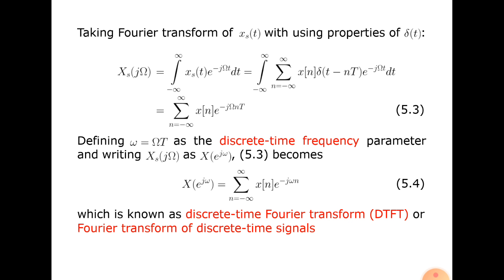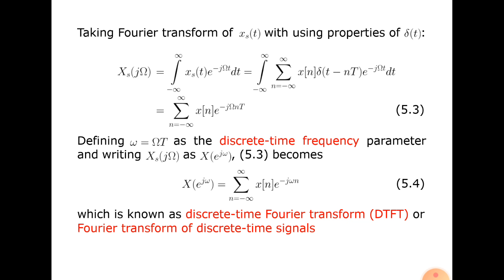Taking the Fourier transform of s of t using properties of del of t, Xs of j omega equals integral from minus infinity to plus infinity of s of t into e power minus j omega t into dt, which is nothing but the integral of the summation n equals minus infinity to plus infinity x of n into del of t minus nT into e power minus j omega t into dt. So which is equal to summation n equals minus infinity to plus infinity x of n into e power minus j omega nT,